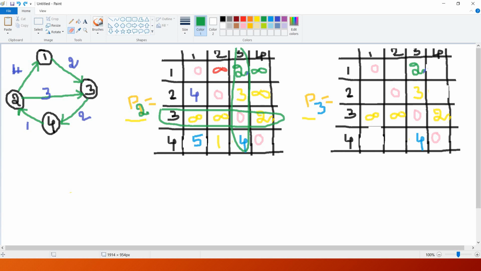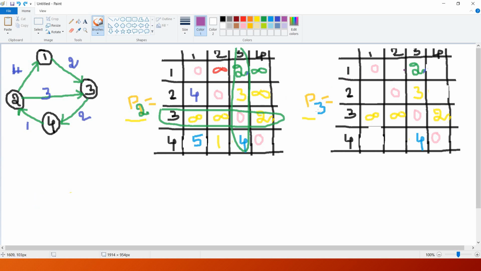Explain the finding shortest path using transitive closure property. So then directly it is nothing but Warshall's algorithm. We have to apply Warshall's algorithm. Okay. So it is an indirect way of asking a question. So now let us see 3 as intermediate node, right? So 3 as intermediate, how can we do this?